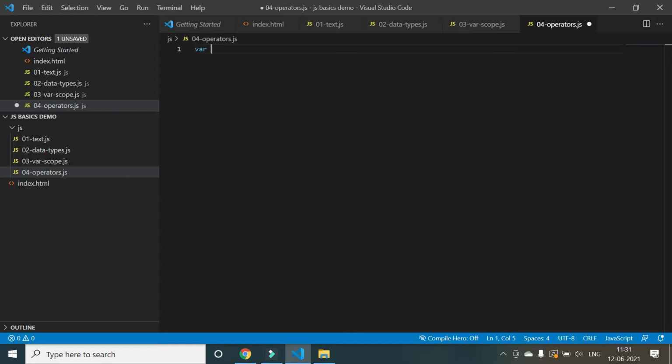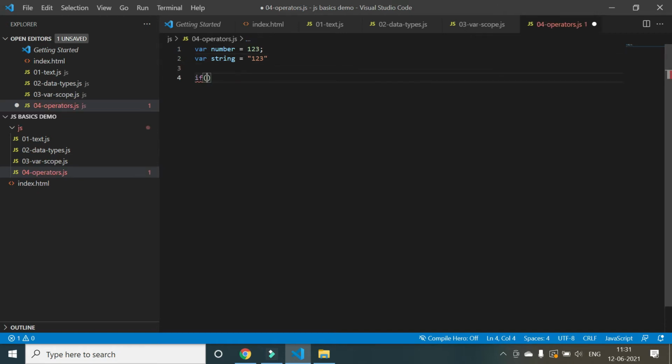How do we understand this triple equality? As we have already seen, everything is var. If we say var number equal to 123, this is a number, but we are declaring it with var. Now I would say var string equal to, and I enter the same value inside inverted commas. Now this is considered a string. This is no more a number, since it is part of inverted commas, it is a string.